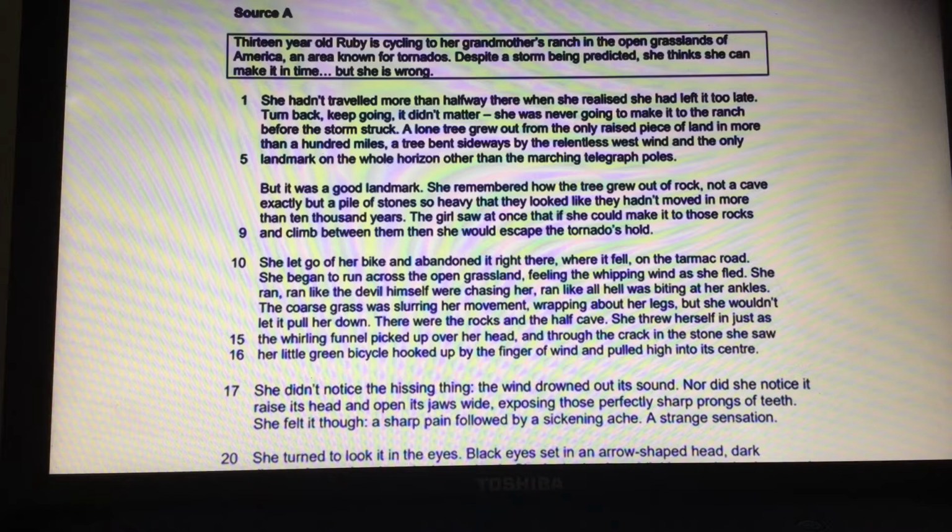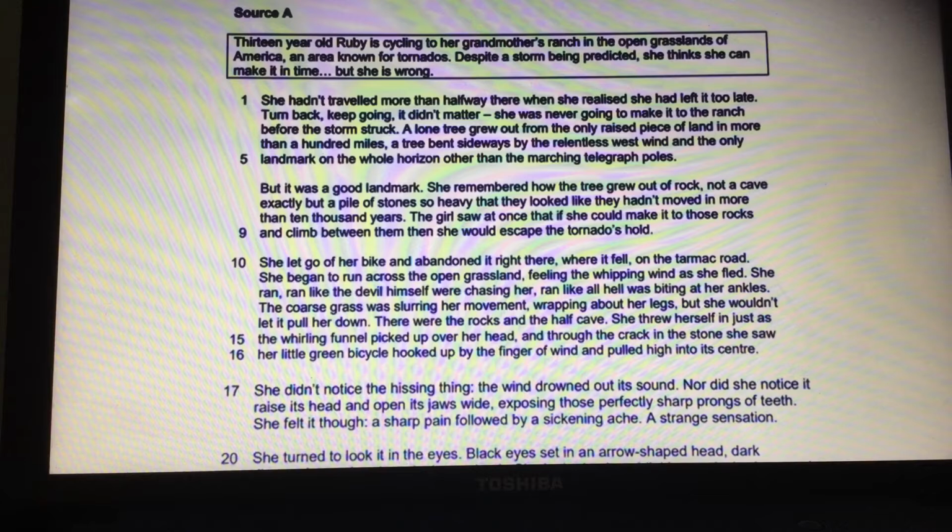So the best thing you can do is read through the whole extract. Now I've only got a section of it up here, and then what you want to do is break it down to 5 key points. And that's what you're going to do today. You're going to fill in that table thinking about the way that the writer has structured this to make us as a reader feel a particular thing at a particular point. So let's do the first couple together.